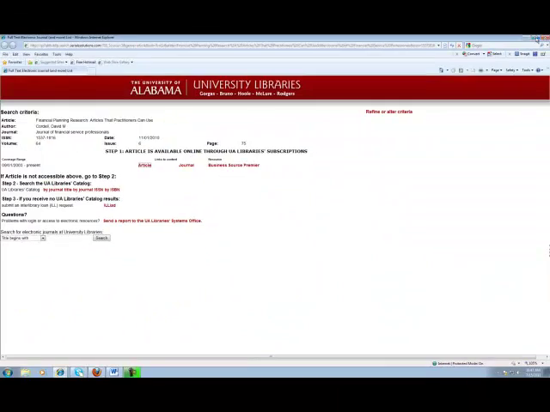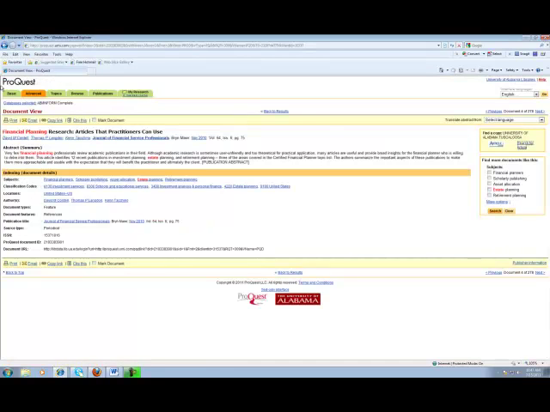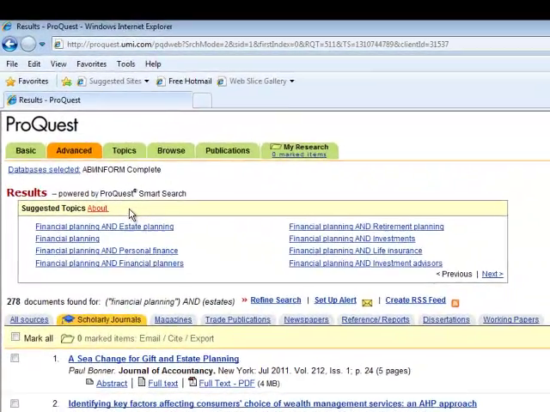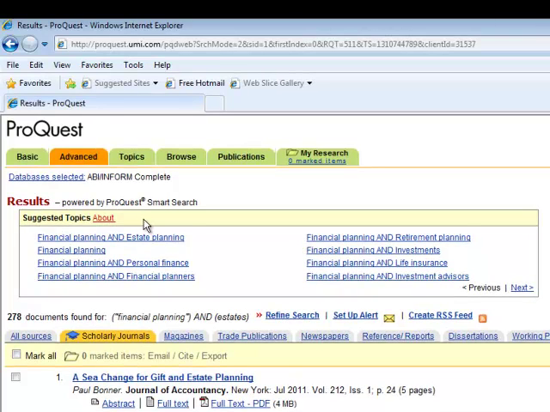I'll just close out of these windows here, and there's one more thing I would like to show you about how to use ABI Inform Complete. You'll notice here at the top they have suggested topics. If you see a topic that looks very close to what you're looking for, you might want to click on that to get another list of articles. And up here at the top we have financial planning and estate planning. If we click on that,